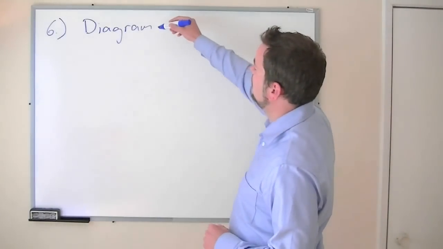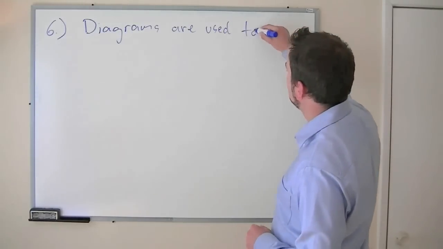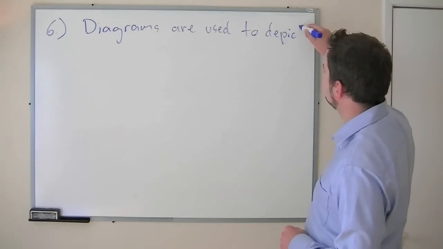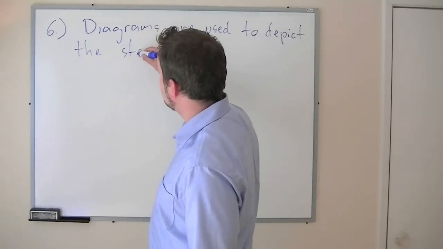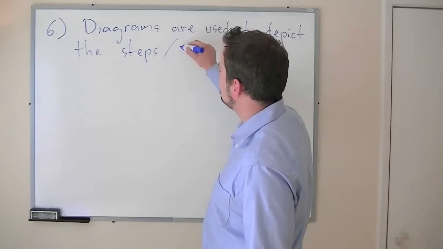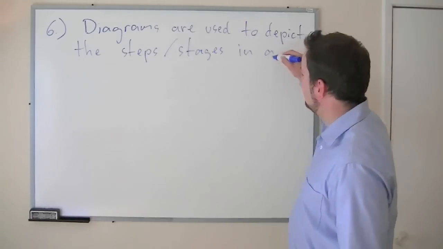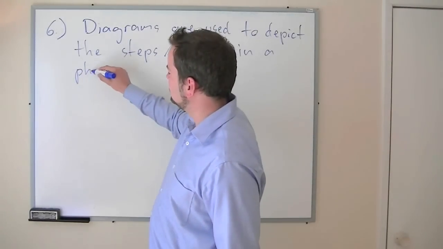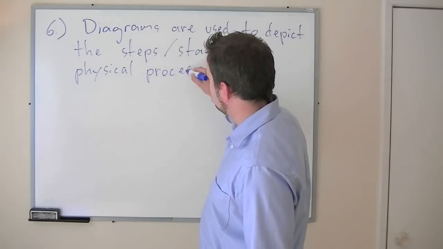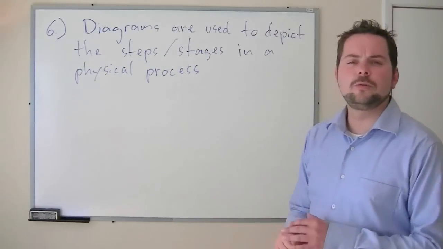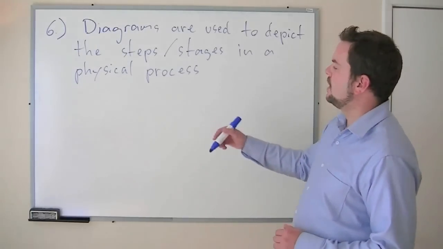Diagrams are used to depict the steps or stages in a physical process. This is, of course, opposite to the flowcharts, which are non-physical process. Diagrams are used for a physical process,